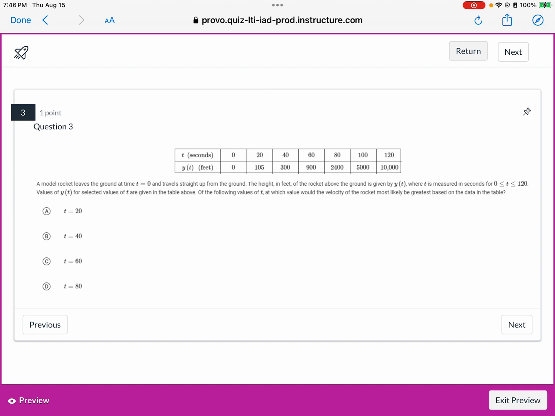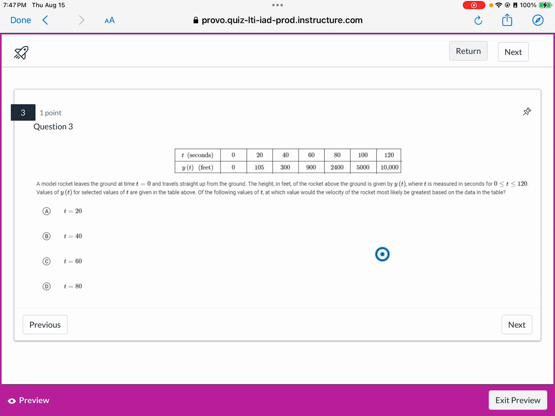First of all, the answers. The answers are given at t equals 20, 40, 60, and 80. So we can't answer with t equals 100 or t equals 120. So honestly, I don't need any of these values right here, okay? Now,